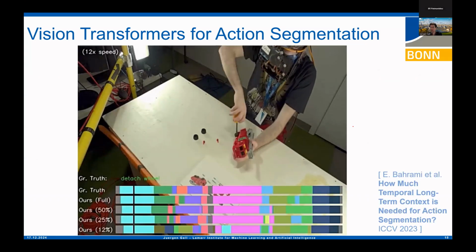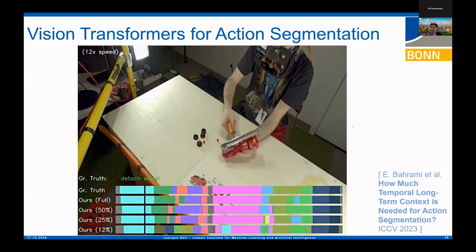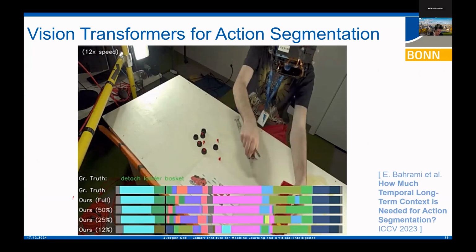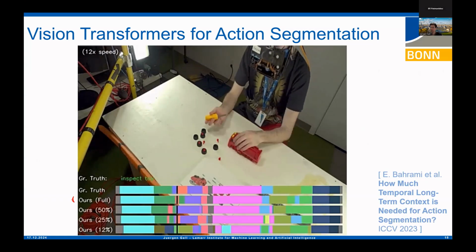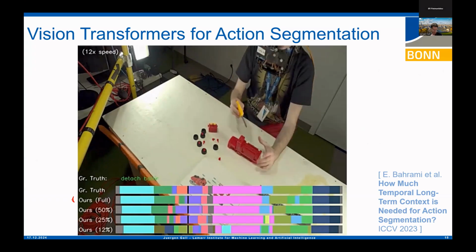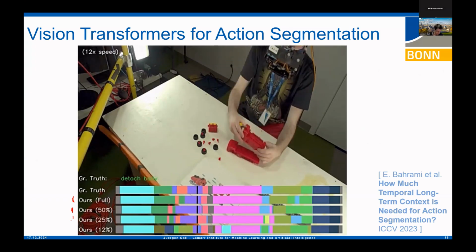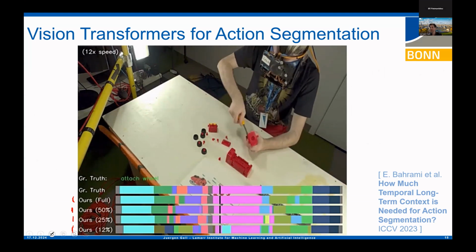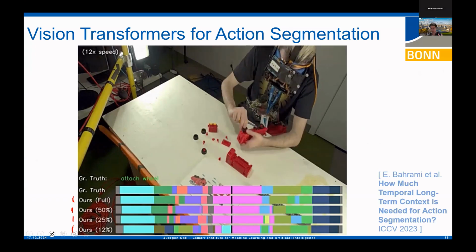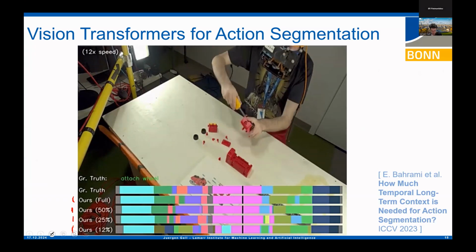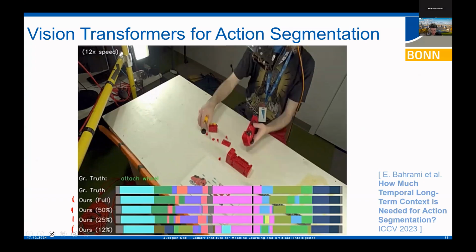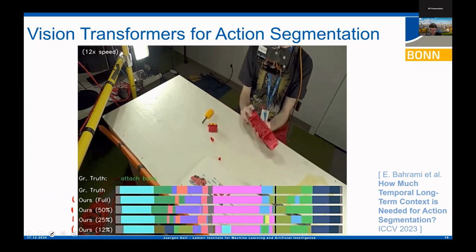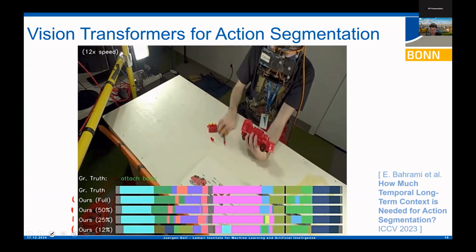So here I focus a little bit more on the impact of how you limit the amount of context provided to the system. So again, you have the notation. Full means, as I mentioned before, we computed the attention over the entire sequence, and if I say 50%, 25%, or 12%, we artificially reduce it, so the maximum context the network is allowed to use is just a percentage of the frames. And if you compare the results, you see the different colors correspond to different actions, and you also recognize that the full context gives a better prediction.